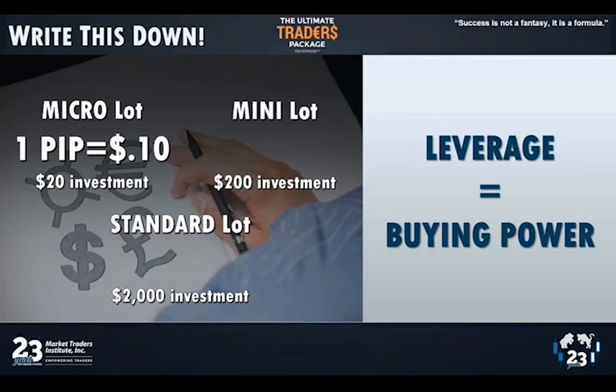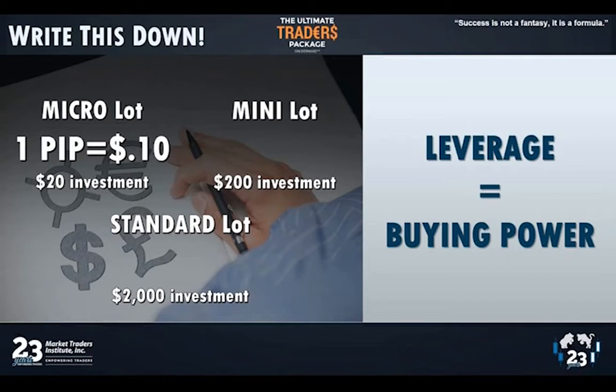Your broker gives you your $20 back, okay? We made 96 pips. So that means for every pip we made 10 cents. Our profit on a $20 investment was $9.60. Now, again, that's not a lot of money, but that's a tremendous return on investment in 12 hours of time, right? Well, let's say we make that same trade, but we do a mini lot trade.